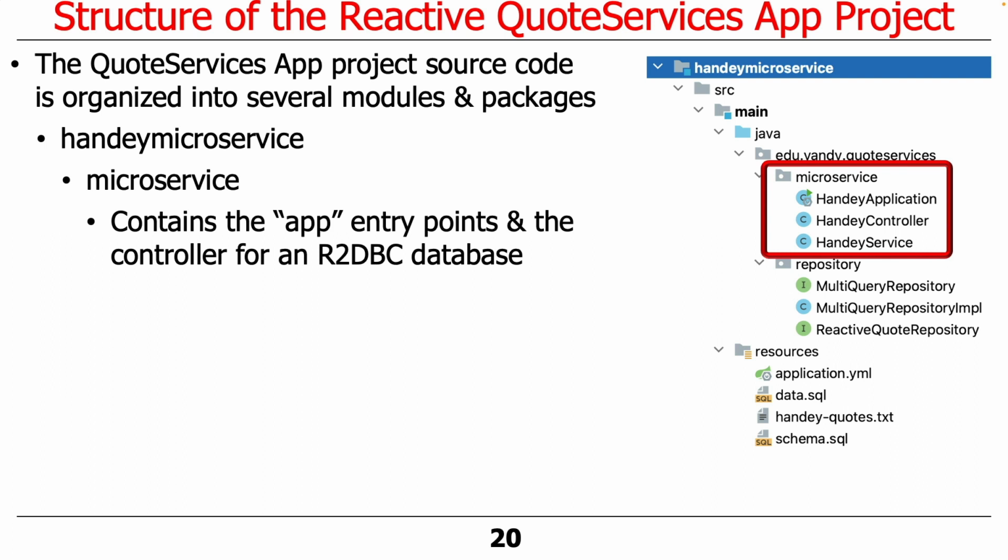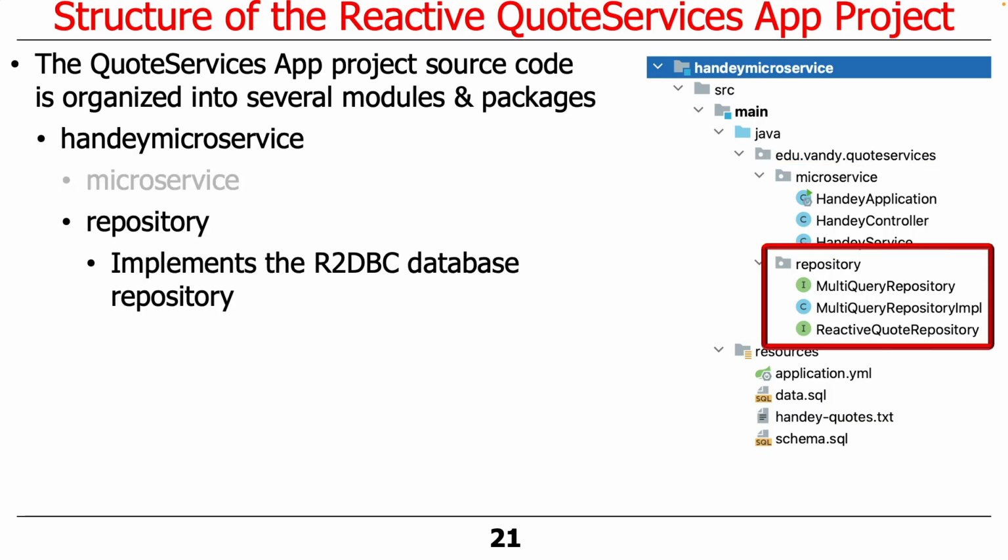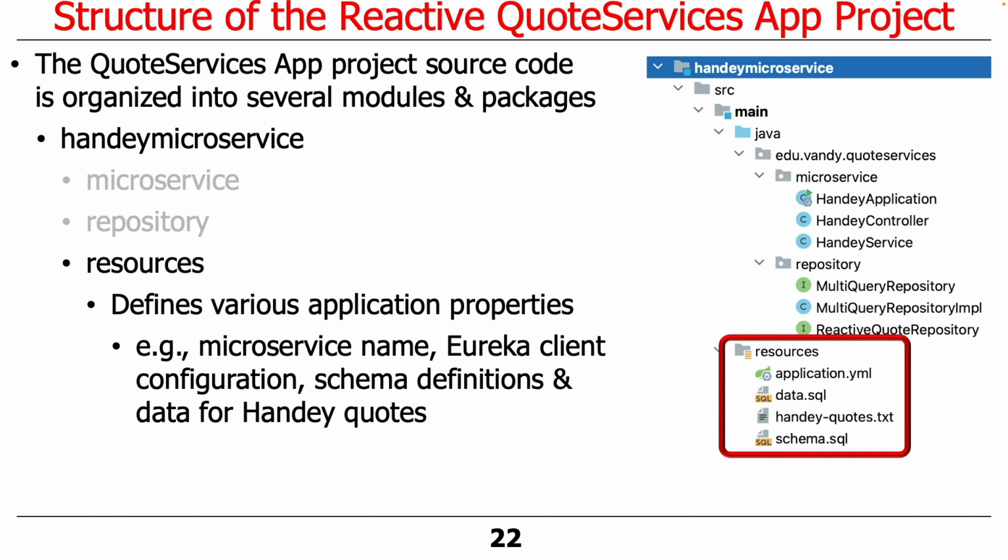The handy microservice uses the R2DBC database, which is fully reactive. And it implements the R2DBC in its repository. That's what we're going to focus on. Again, we may not get to that today, but the next programming assignment requires you to understand how this works, so we'll spend some time on it. And it's also